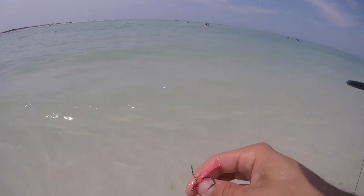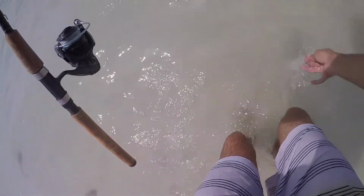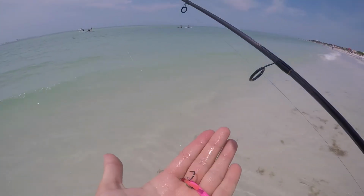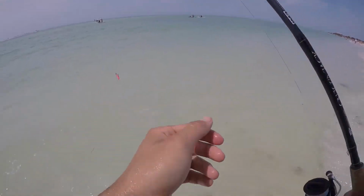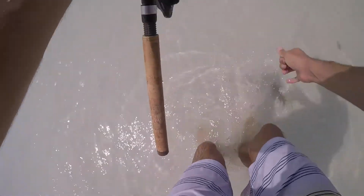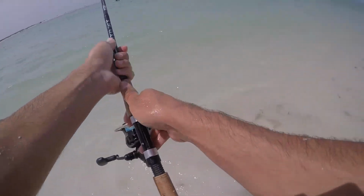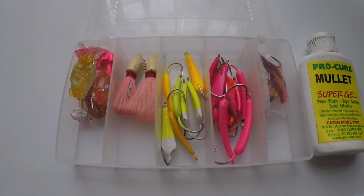Making diagonal casts is going to be the most effective. You're not bringing it in through the same spot every time. You think you cast out straight, you think you're going to the same spot, you're really not. So you're casting almost parallel to the beach, sort of. You're bringing it through more than just one depth of water, so you're covering more water than you think you are. And on that retrieve, as you're bringing it across all these fish that are going to be in different depths, sitting there, eating, relaxing,